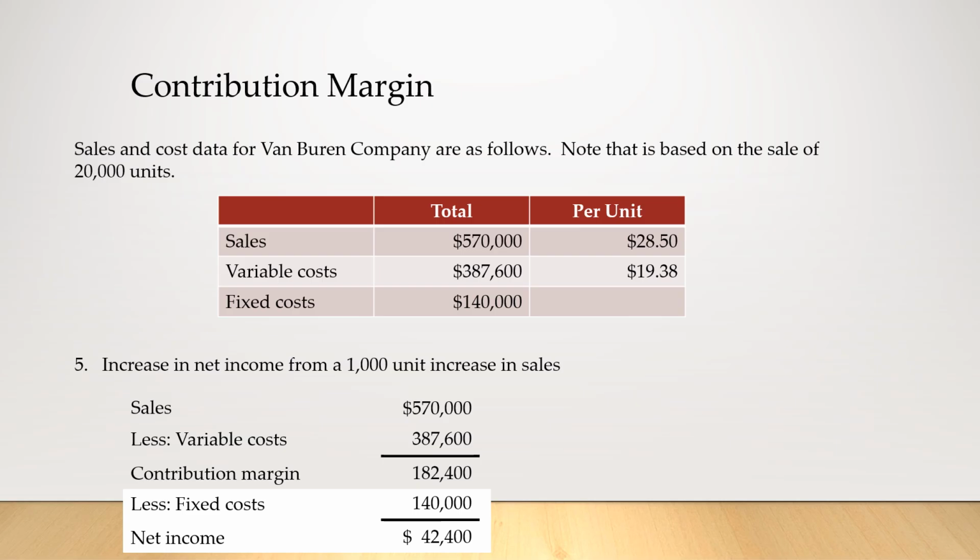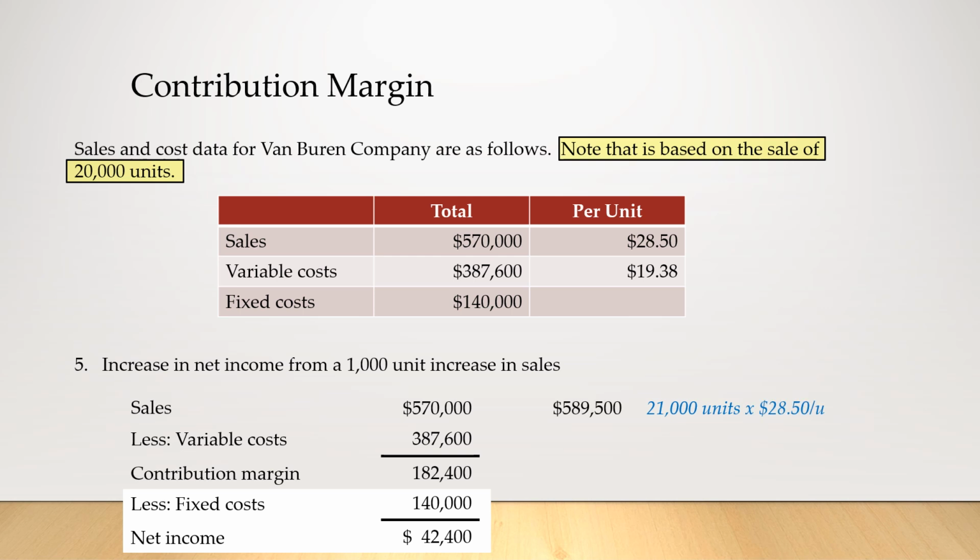You can further verify this result with a contribution margin income statement. Recall that the numbers you see before you are based upon an initial sales amount of 20,000 units. If we increase total sales by 1,000, we've sold 21,000 units. Multiply those new sales by the sales price per unit, and total sales revenue will be $589,500. Updated variable costs will be